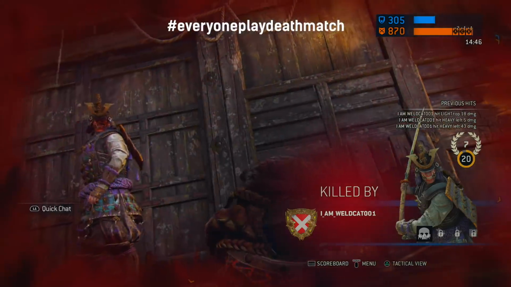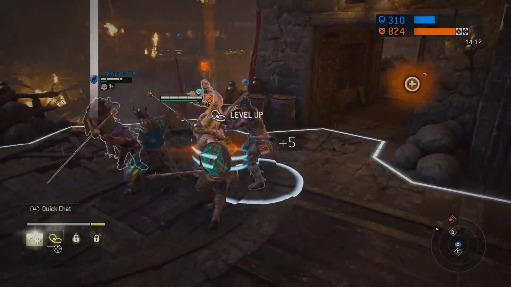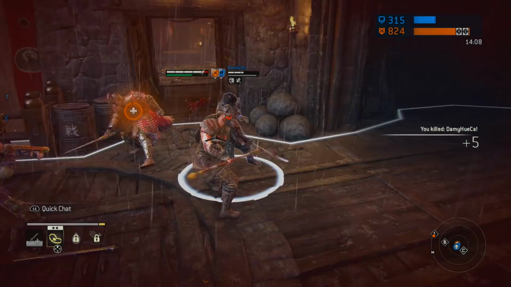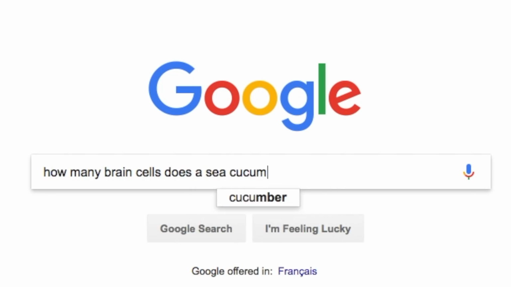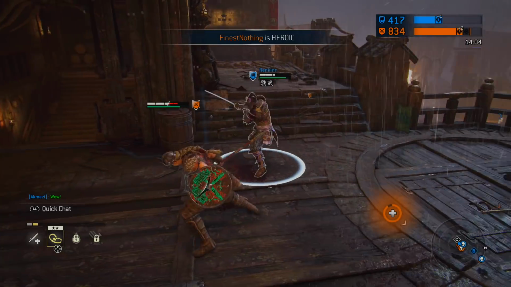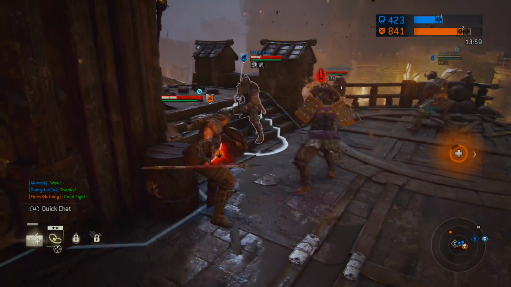Hashtag everyone play deathmatch. Number 5, countering death balls in Dominion, it is a double-edged sword. Chances are you'll only win the fight, and I'm talking about the fight, not the overall match, if your opponents have the brain cells of a sea cucumber. But if you're able to hold them off while your teammates capture points across the map, it does put your